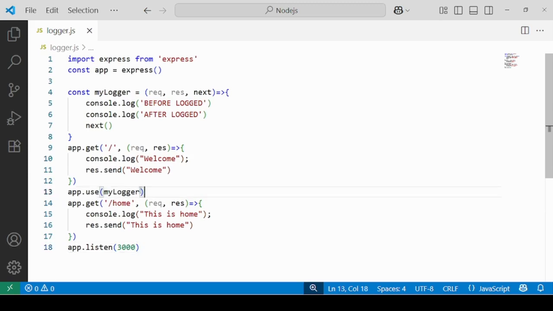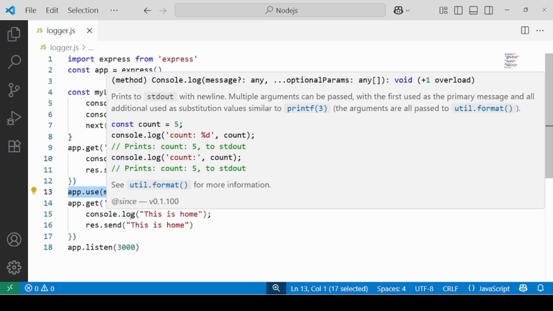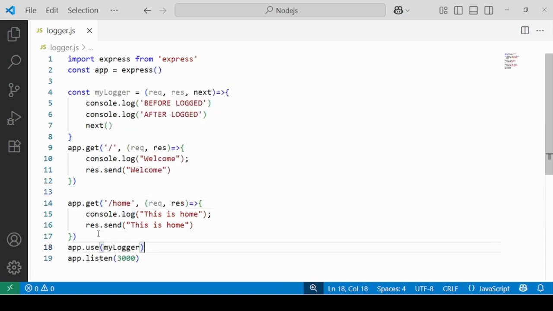So you can see that the placement of app.use also matters. If you are not using it here but somewhere here, it means that above this, whatever URLs you are defining will not utilize that middleware, and after this middleware usage, whatever URLs you are defining will be using that middleware.